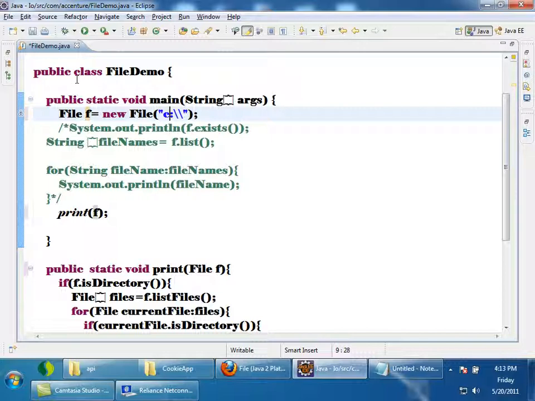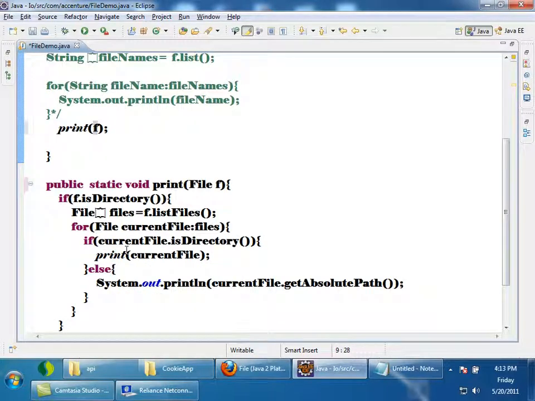So I have created a file object and am calling print. Now see, f, is it a directory? Yes, it will go inside. It will get all the file objects for the files present inside the directory. It is iterating through each file. If it is again a directory, I am calling the same method. Else, if it is not a directory, printing it. That's all, right?